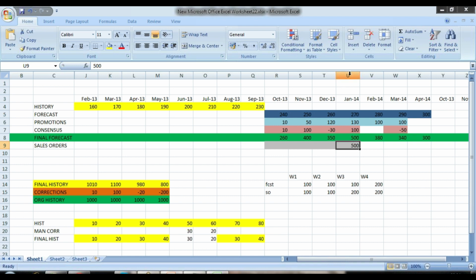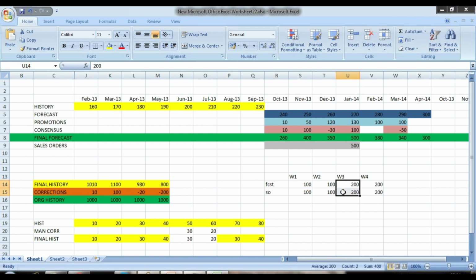So in the future, we are going to review this on a weekly basis, like January 1st week, January 2nd week, January 3rd week, and January 4th week. In the January 1st week we will see what the sales orders are, what the forecasts are. Okay, we are on track. For the second week also we are on track. And in the third week, if the forecast and sales orders are different, we will tell the manufacturing team,